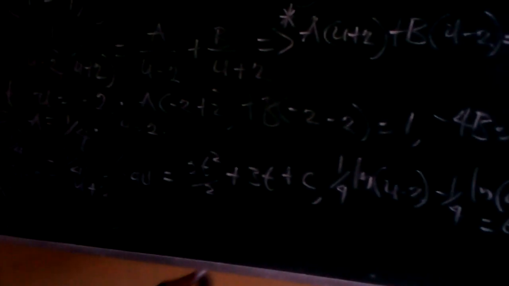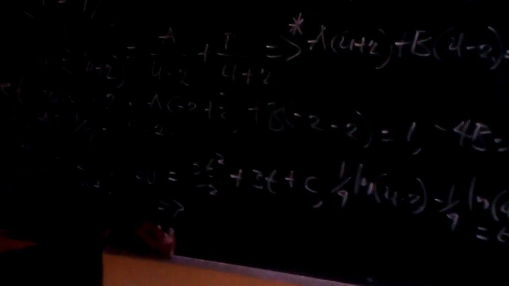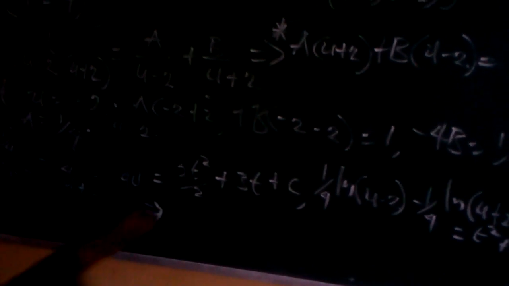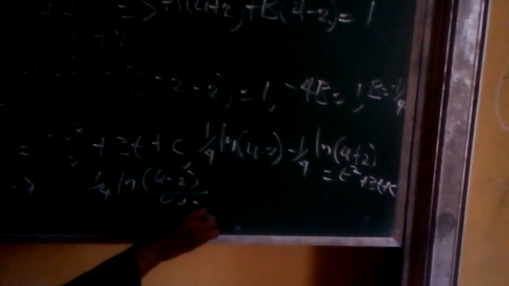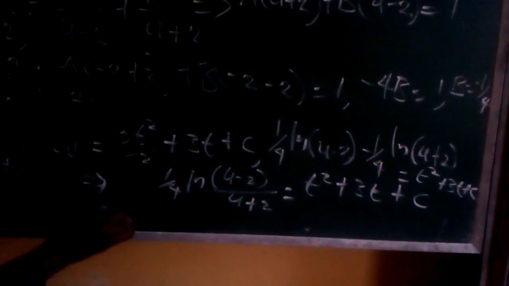So that at this juncture, the relationship will now culminate into a fundamental relationship as 1/4 as a factor, ln|(u − 2)/(u + 2)| is equal to t² + 3t + c. Multiplying through by 4, that will now give us ln, because if here is multiplied by 4, 4 cancels 4 here. So it will now be ln